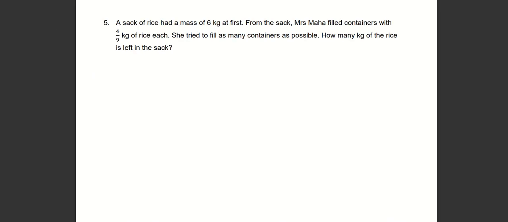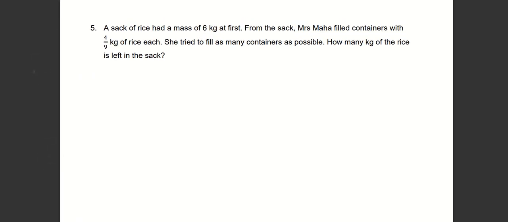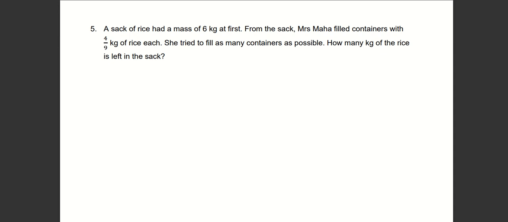Right, this is one of the very common fraction questions. The concept goes back to what we already know about groups, each, and total. So here the story is about a whole set of rice, and the mass is 6 kilograms at first. So this is all of the rice, a whole sack of rice of 6 kilograms. From this sack, Mrs. Maha filled containers with